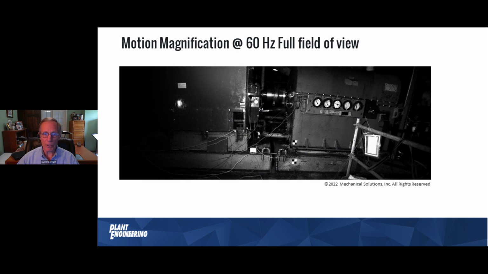Now, in the picture, it looks like that machine is really doing the jig, and if it really were moving that much, I would be headed out the building as quick as I could, okay? But what they've done is they've taken a very small amount of vibration, a few thousandths of an inch, and they've magnified it, made it greater to show what that motion would look like, virtually the same as what we saw with our traditional